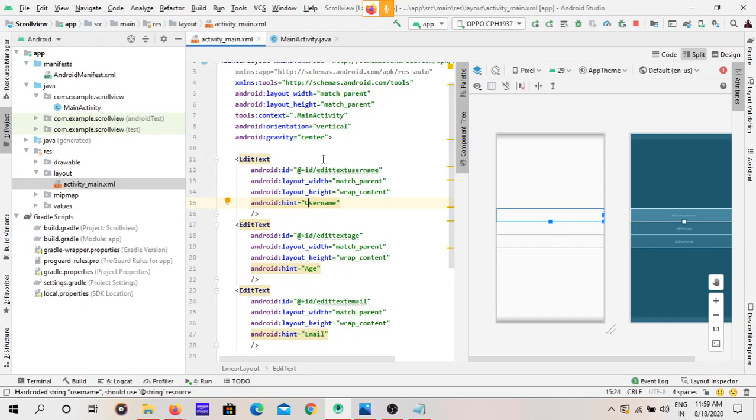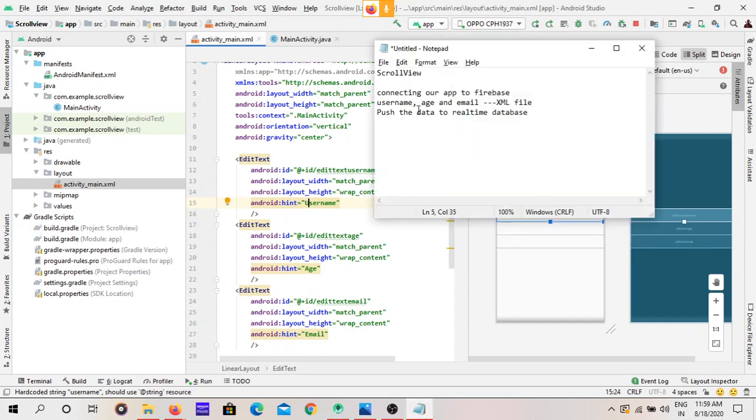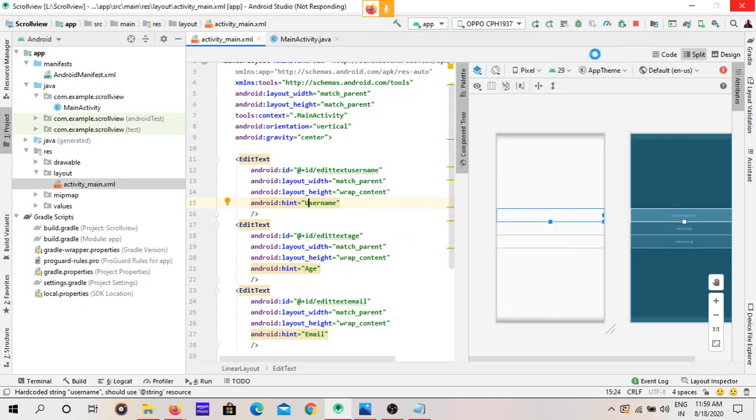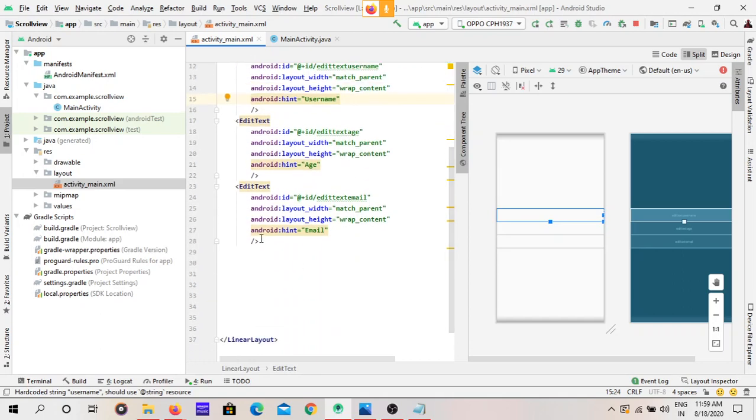Yeah, we are done with username, age and email. We have to give one button to make an action. When we click on this button, it will push this username, email and age data to the Firebase real-time database.